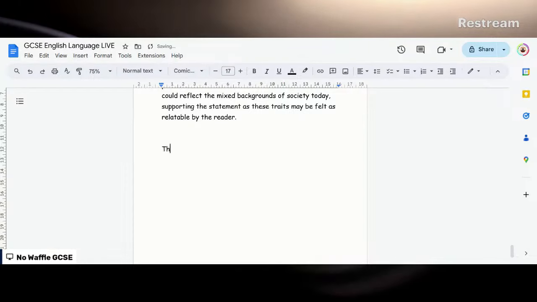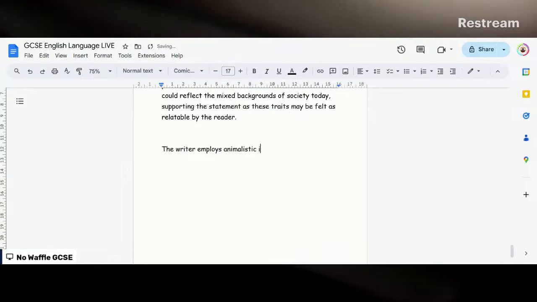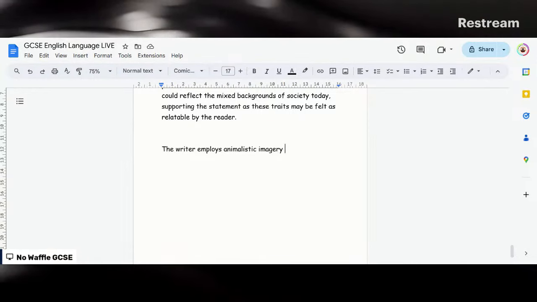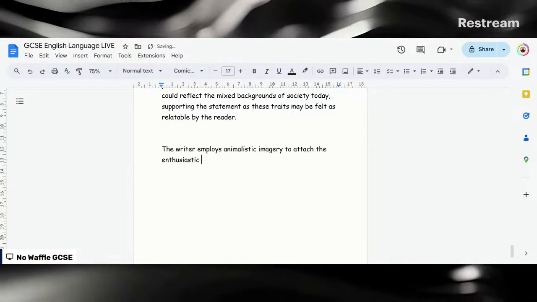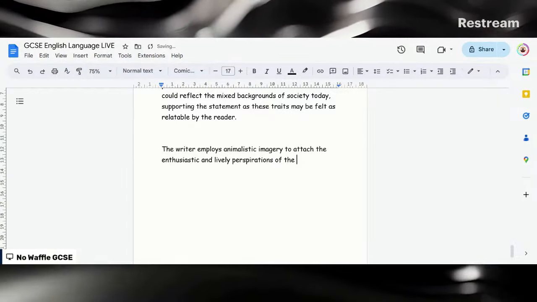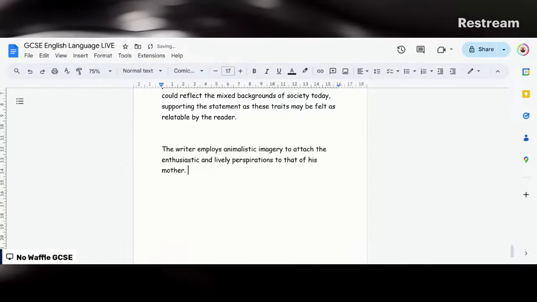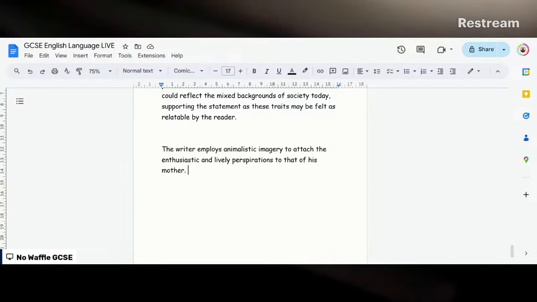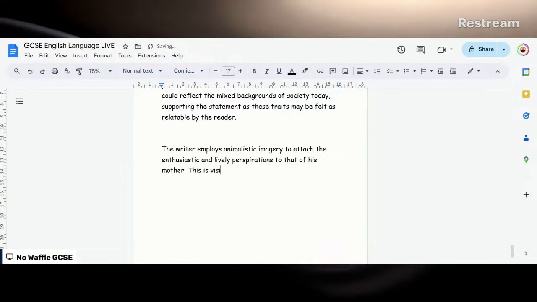Okay, so we're looking at the final point now where we're talking about the animalistic imagery. So the writer employs animalistic imagery to attach the enthusiastic and lively perspirations of animals to that of his mother. Okay, so we're making a parallel between the animals and how they behave and linking that to how the mother behaves. So this is visible through